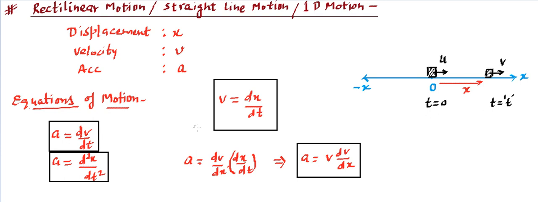If we simplify these equations, then you'll find we will get those 4 equations or 3 equations that you remember. v is equal to u plus at, x is equal to ut plus half at square, and v square is equal to u square plus twice ax, and displacement during the nth second. So we will be moving ahead and trying to derive them simultaneously. That will be good. So let's go ahead.